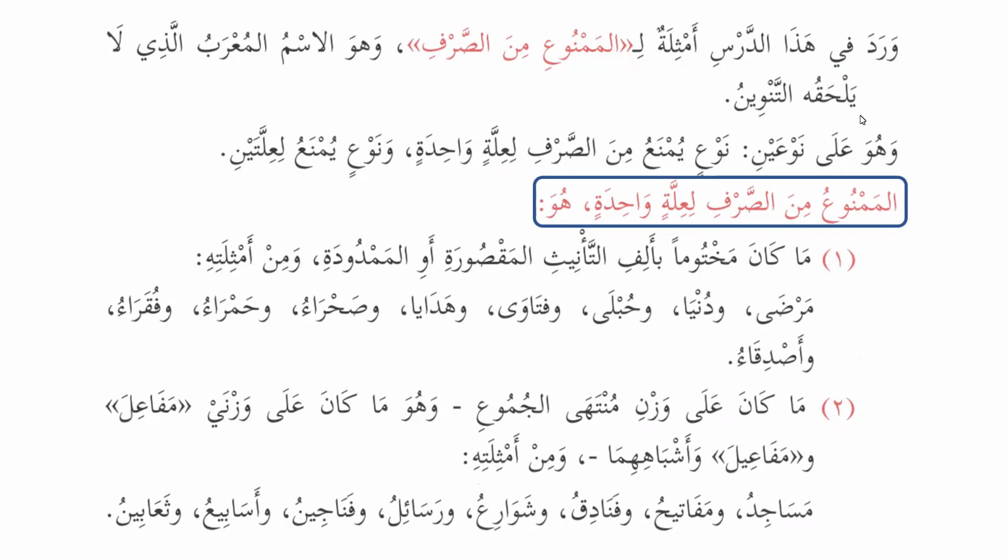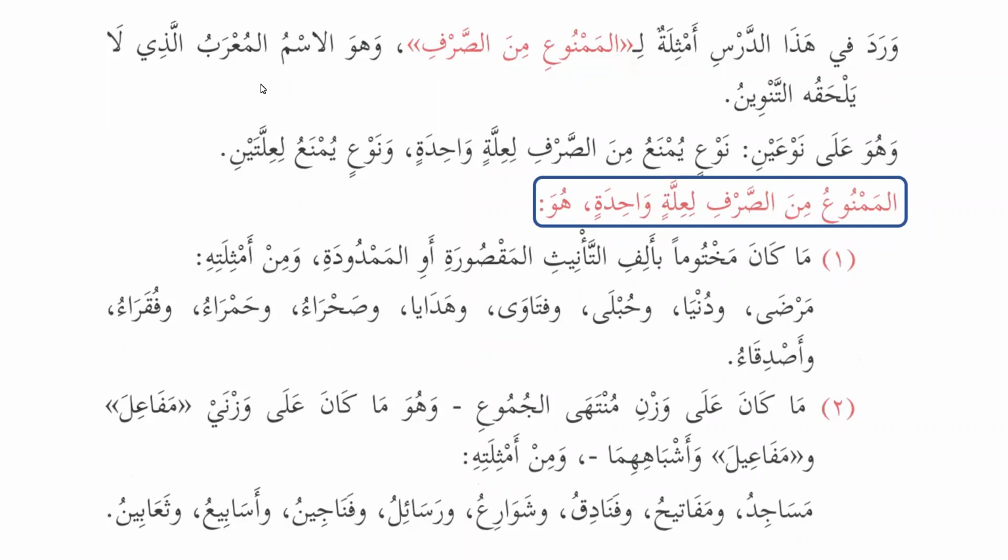As we know, this lesson is about al-mamnu min as-sarf, and in the beginning of the lesson we have discussed everything in detail, and then throughout the lesson we have seen different categories, and inshallah we will see the rest of the information in Arabic now. In this lesson, we have seen the examples of the nouns that are diptotes.